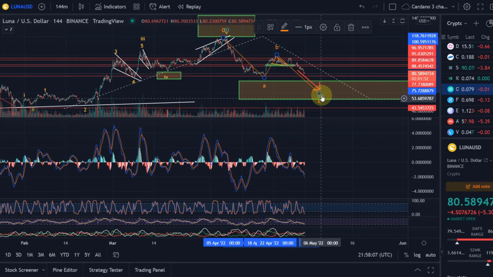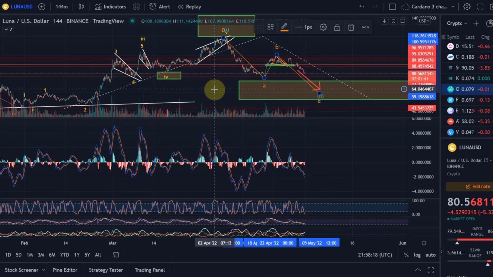And Terra Luna in this scenario has a lot of space for further downside. So from here, it could theoretically move all the way down to $53, and the scenario would still not be invalidated. That gives it a lot of protection